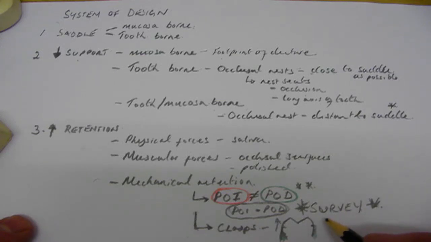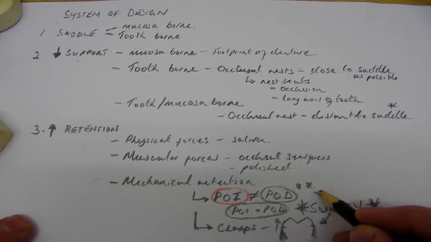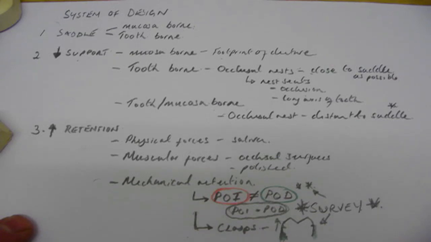So it goes without saying that for providing clasps we must of course survey the model. So we survey for clasping and we survey for finding undercuts relative to the path of displacement. And then whenever we provide a clasp we must provide reciprocation, and that's because when a clasp engages with a